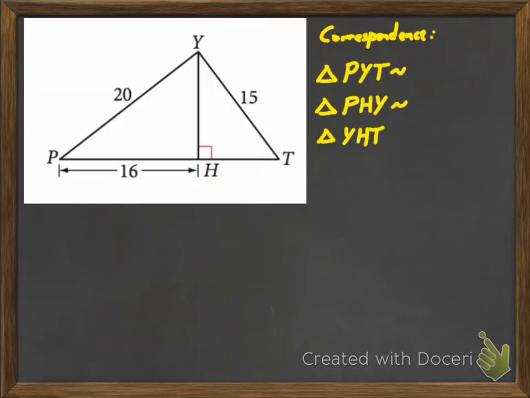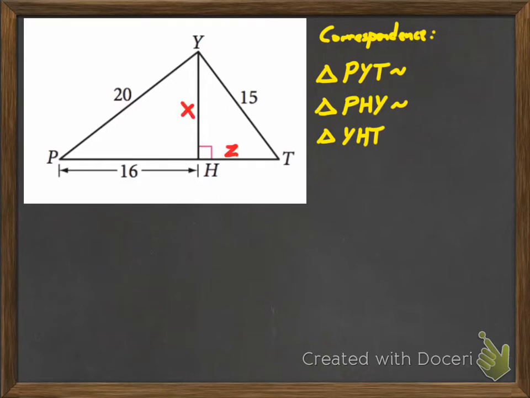So what we can do is we can use this to solve a lot of problems, and this is the example problem on, I believe, 7.4? I'm not sure. But anyway, this is the example problem, and we could use Pythagorean theorem here to find this missing side. But if I set up my correspondence, right, so PYT is the entire triangle, and I'm going again along the long leg and then the short leg, and PHY is this triangle on the left, and YHT is this triangle on the right. So I set up my correspondence,